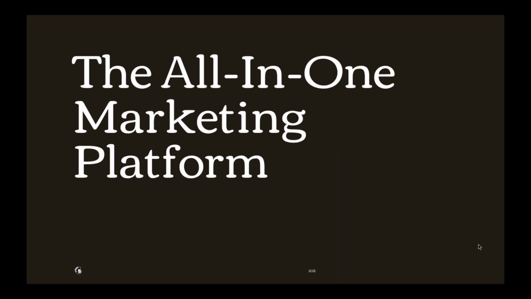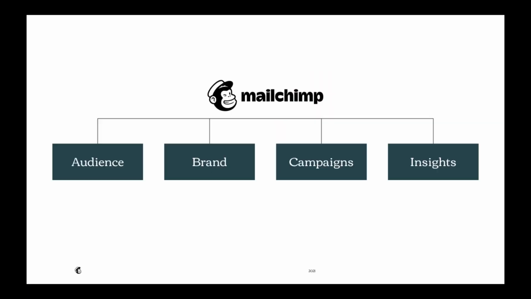So with all of that, let's go ahead and kick things off by walking through a few slides to get familiar with MailChimp as an all-in-one marketing platform. We want to make sure you get a better understanding of what we mean when we say all-in-one when it comes to what features MailChimp offers towards helping you meet your marketing needs. So let's check out a high-level breakdown of the MailChimp platform and explain each of those features.